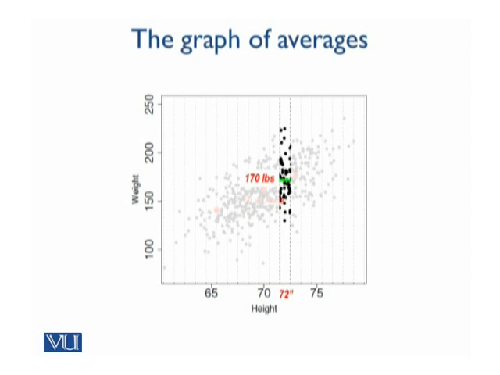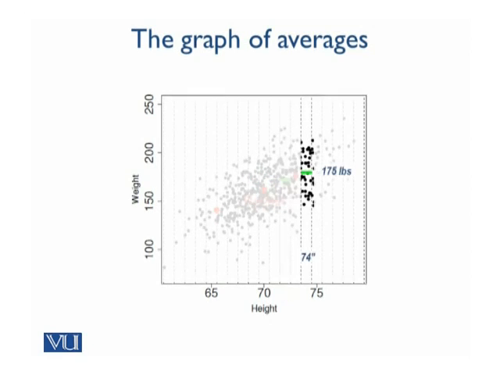You can do this for all the vertical slices, and you get a line of averages. We call this a graph of averages. For each vertical slice, you have an average. The idea is that if you have a line which is the closest match to this, the errors would be minimized. This follows from the fact about the mean in any distribution, and we've studied the physical analogy of it.